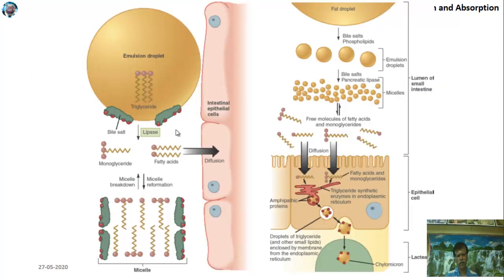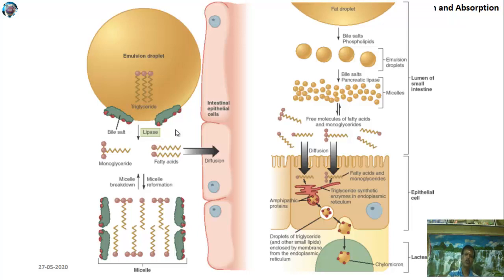So after the formation of the droplets, after the attachment of the bile salts to the droplet, the enzymes which are going to act on this particular emulsion droplet will interact with this particular bile salt molecule. So these pancreatic lipases or other enzymes will bind to this emulsion droplet by interacting with this particular polar region. So once the enzymes attach to this polar region, then they will start digesting the fat, and the fats